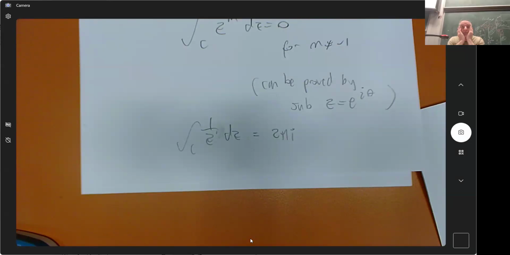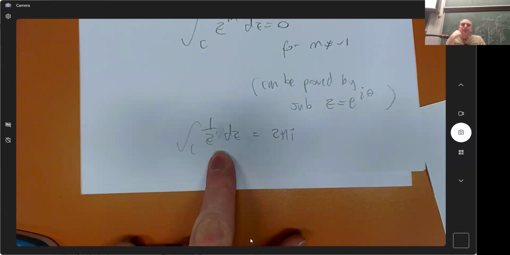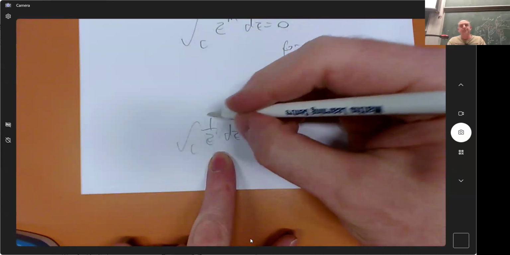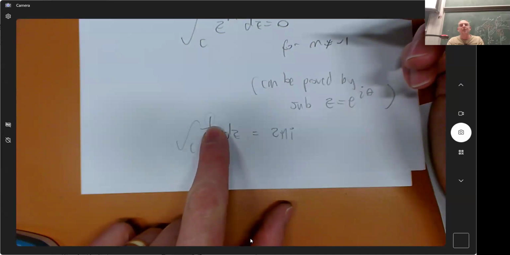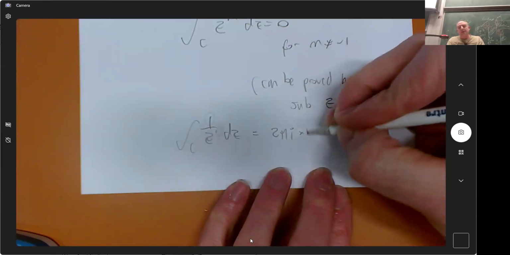Which is a person's theorem, or possibly like Cauchy's theorem. No, Cauchy's theorem is that for an analytic function, the integral around a curve is 0, right? And Cauchy's formula is that if the numerator is analytic, if you divide it by z minus something, then the integral is 2 pi I times the function value of the top. Yeah? Yep, this is the most special case of that, because the analytic function is 1. And it is always 1, no matter what you sub into it. So this will be like times 1.